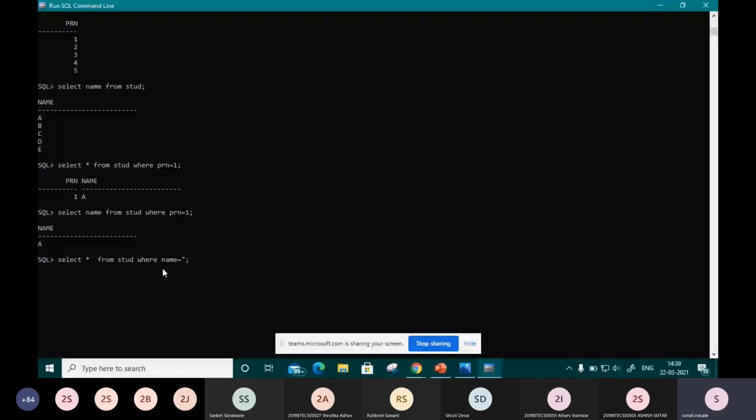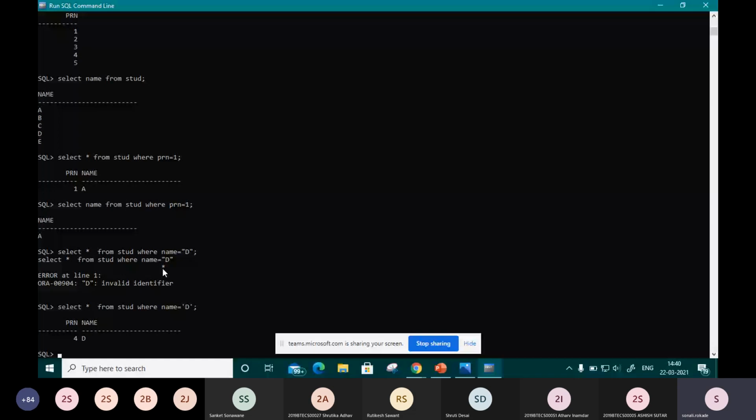Suppose I want to write D. Sorry, invalid identifier. What happened? It told that it is an invalid identifier. So in this way you can perform this select statement. So from DML we have seen insert and which one? Select statement.